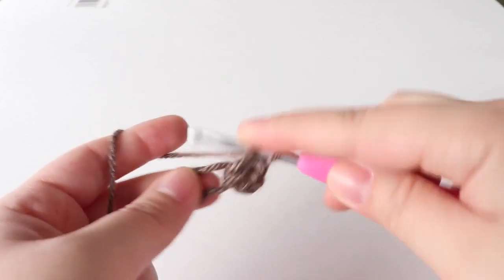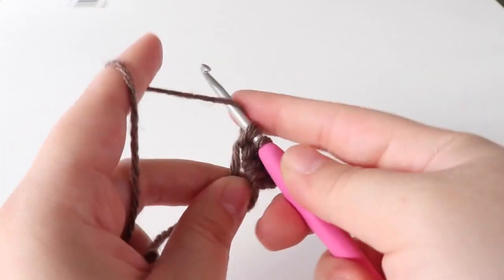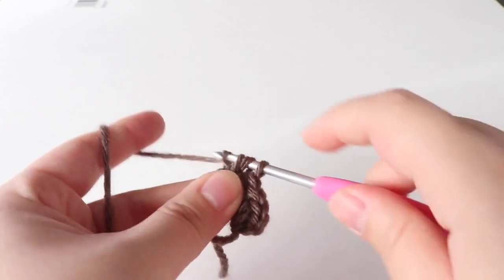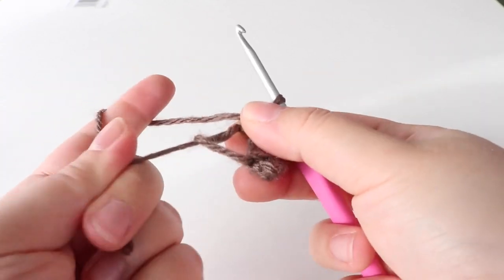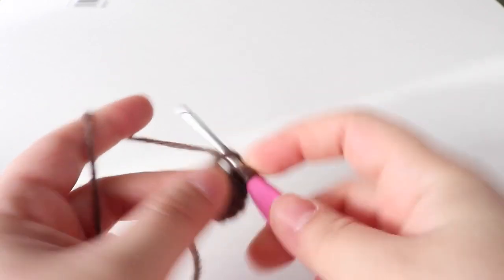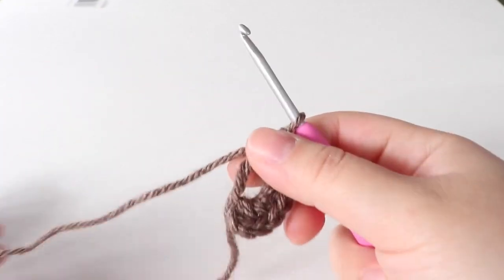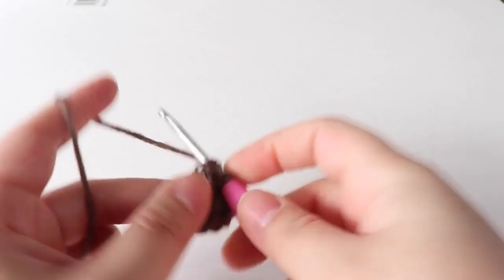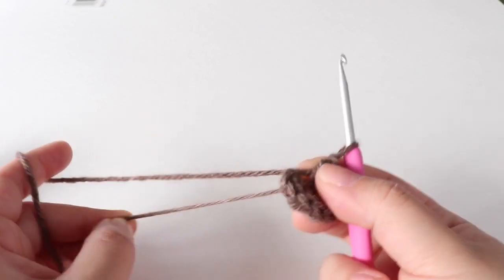There's 2, 3, 4, 5, 6. I like to tighten it up a little bit while I'm going. 7, 8, 9, and 10. Alright, so using this tail end from the magic ring, just pull it tight